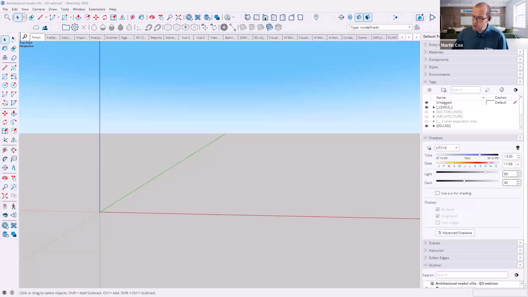And starting right from the word go within SketchUp, what I would recommend is to think about your setup in SketchUp. My SketchUp will look different to everyone else's, so please don't worry if you're thinking, well, you've got tools that I haven't. Yes, I may have extensions that you don't. I'm using SketchUp Studio here, which means I do have the